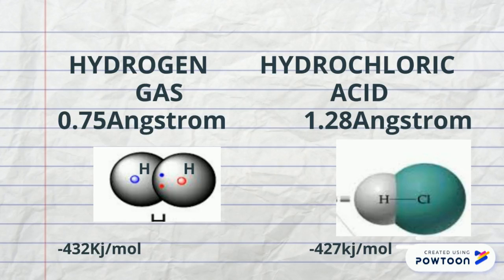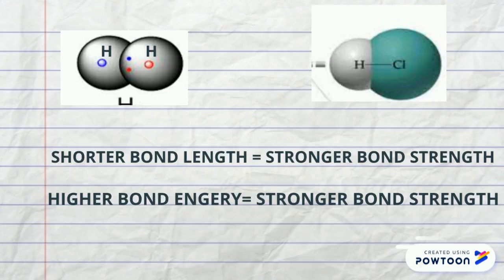Notice, although hydrogen gas has a shorter bond length than hydrogen chloride, its dissociation energy is higher than that of hydrogen chloride. In chemistry, the smaller the bond length, the stronger the bond strength. Therefore, hydrogen gas has a stronger bond strength